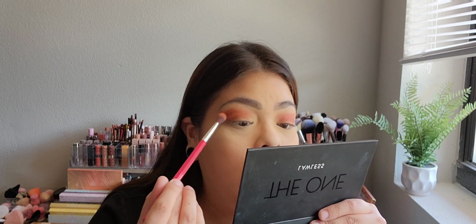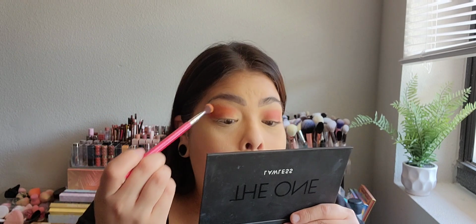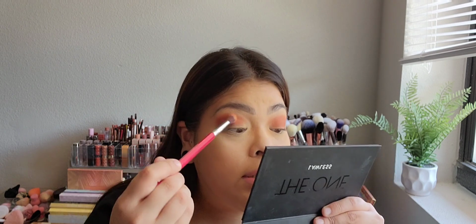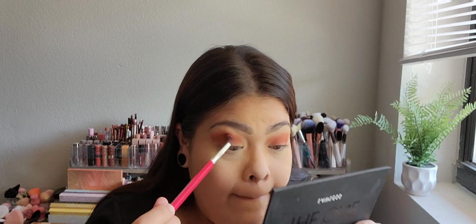Yep, it's gonna look a little bit messy, you guys. Don't stress. Just trust the process, because that's honestly what I'm doing and what you got to do sometimes. Just trust the process, and when in doubt, just blend it out. Honestly, blend, blend, blend. Now with this one, I do have a little bit more fallout, but don't worry,